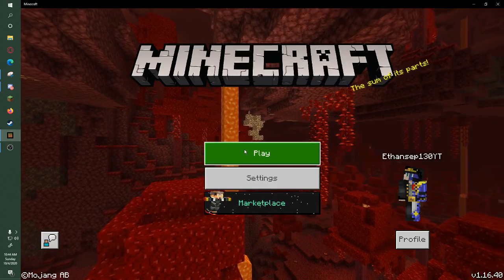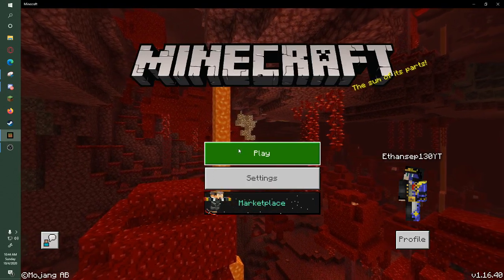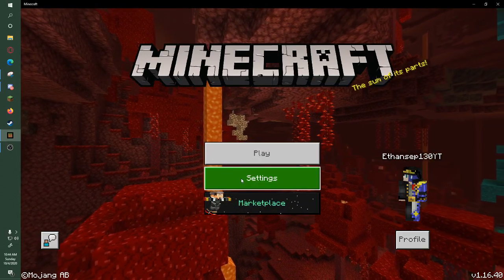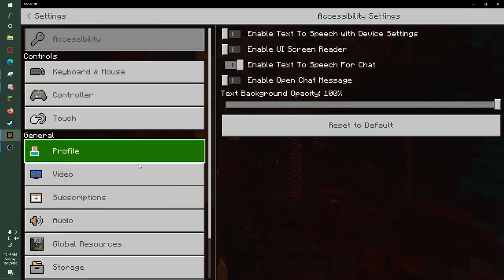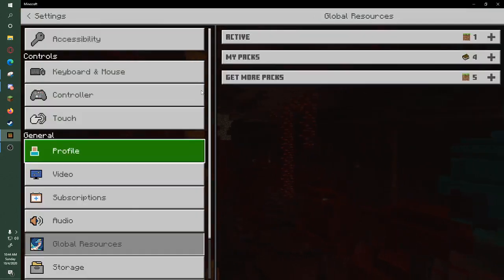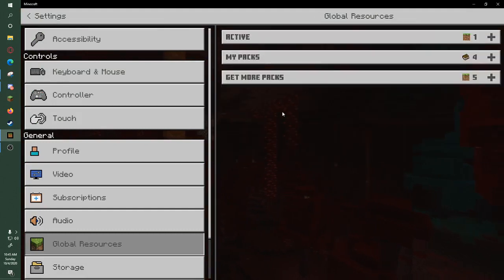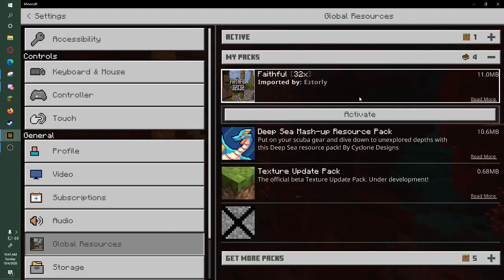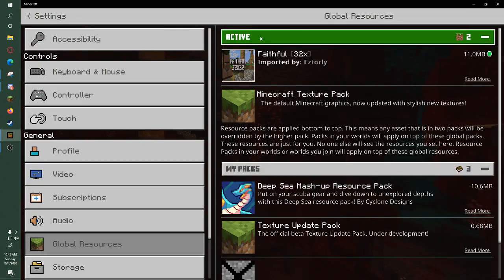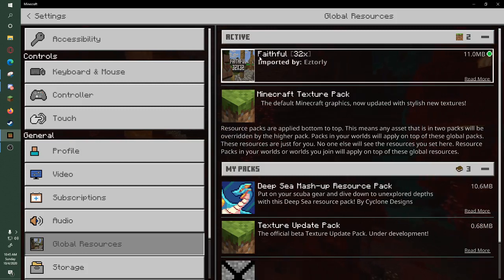This is for my friend, but this is for anybody else who is confused on how to do it. We're learning how to add resource packs on Minecraft Bedrock Edition, which is Windows 10 edition. As you can see, I don't have it active because I haven't activated it. So now, the one I'm installing is gonna be called Faithful. I'll teach you how to get more, but